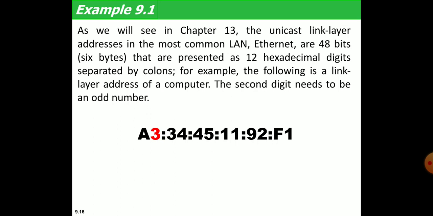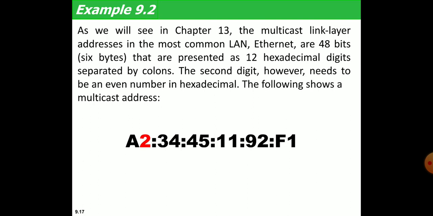If you take Lenovo, Lenovo will have a sequence. The first 3 octets will be the same for all Lenovo devices, and the remaining 3 are random for the devices. It is not necessarily the same series, because once a batch of series is exhausted, a new set of series can be given from IANA to the respective manufacturers. So this is a unicast MAC address. As the name suggests, it is direct and simple. There is no special representation. The prefix is from the manufacturer and the suffix is a randomly generated number from the manufacturer.